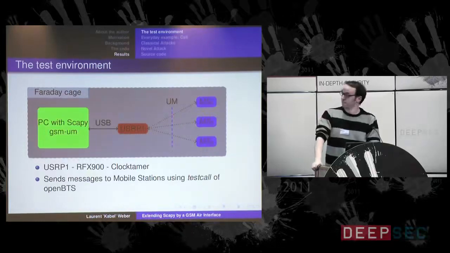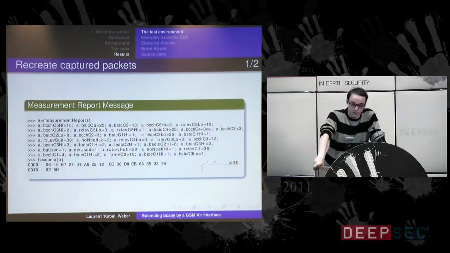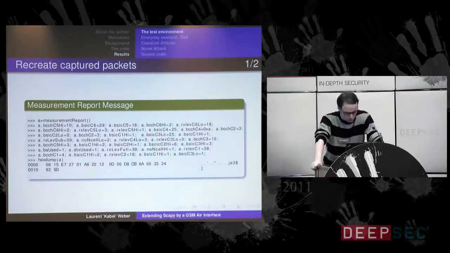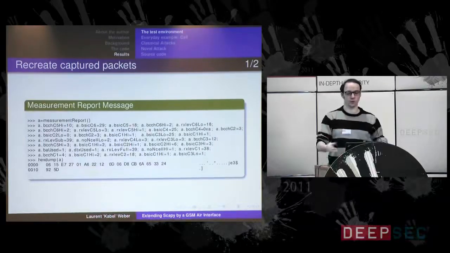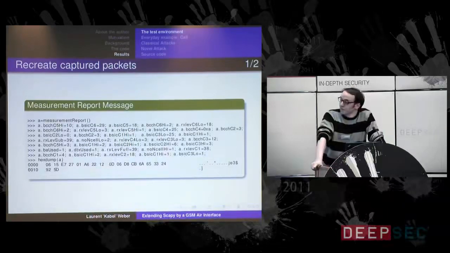As I said at the beginning, I had a lot of trouble with my clock, so I had to find some other ways to validate the implementation. Therefore, I searched the internet and found some Wireshark captures, and I simply recreated them. If at the end I had the same hex dump, I was happy, because I had just created a GSM packet, even without sending it.